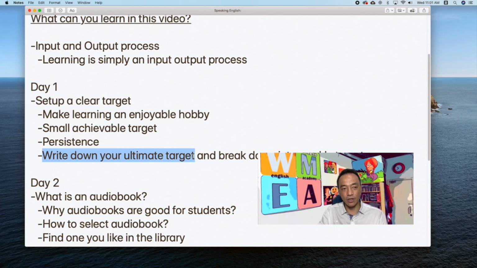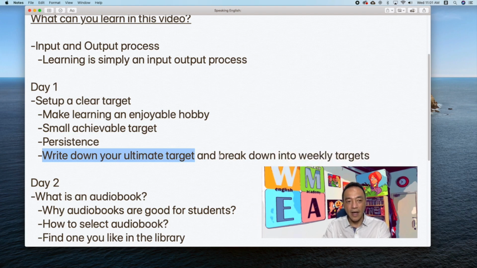And your target should not be just inside your mind. You have to write it down. Write down your ultimate target. This ultimate target, you need to break down into weekly targets. And how do you help yourself to set it up? And how to do it.